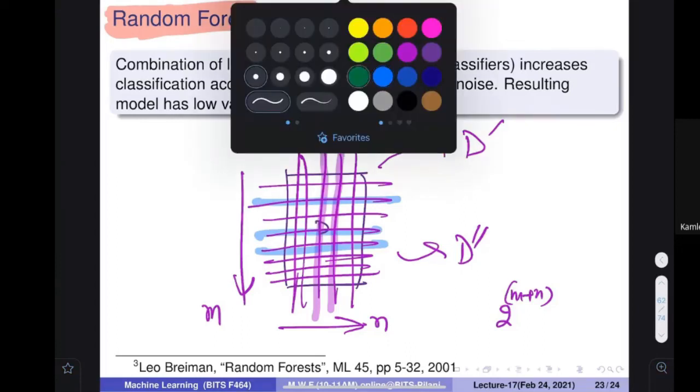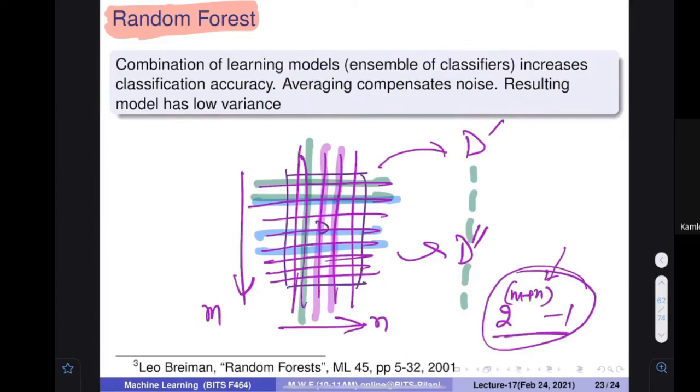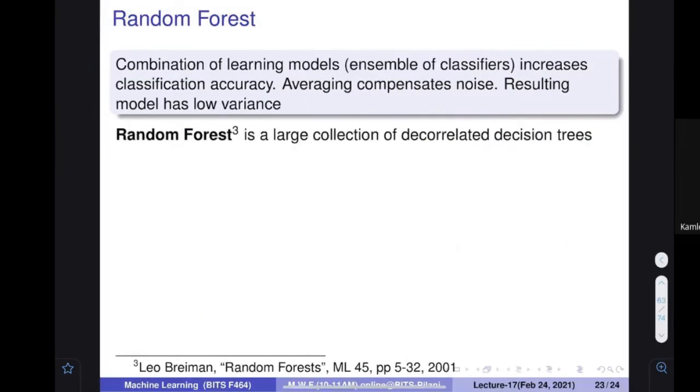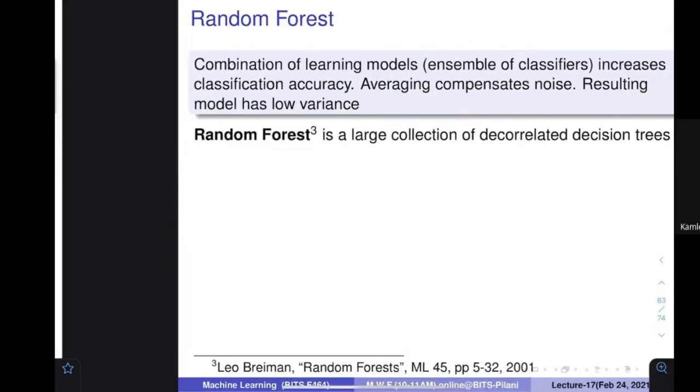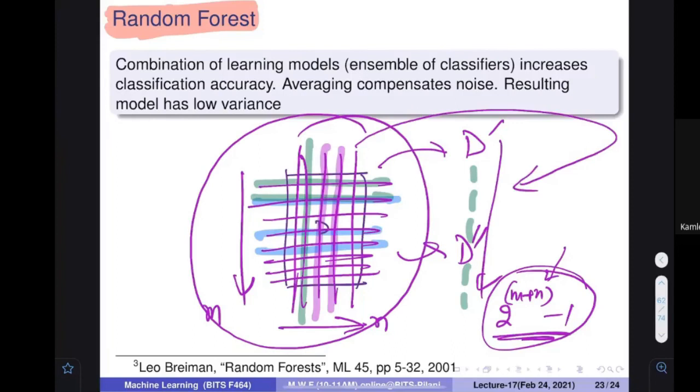Everybody, if you don't understand, please ask me. I can remove this particular attribute, and I can remove these items. So how many different databases can I create? 2 to the power m plus n minus 1, because 2 to the power m plus n would include one more case when everything is deleted and no database is there. So that's why I'm telling minus 1. So these many databases are possible. This part is clear to everybody, how from one database I can create different databases? Everybody is clear? Ravi?